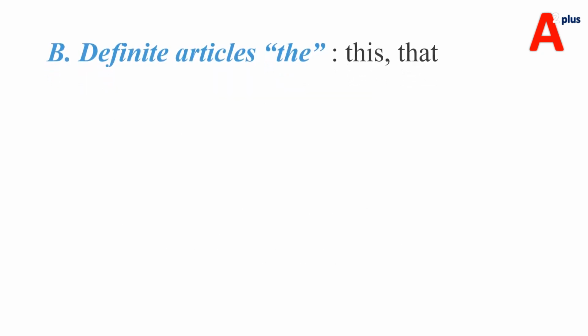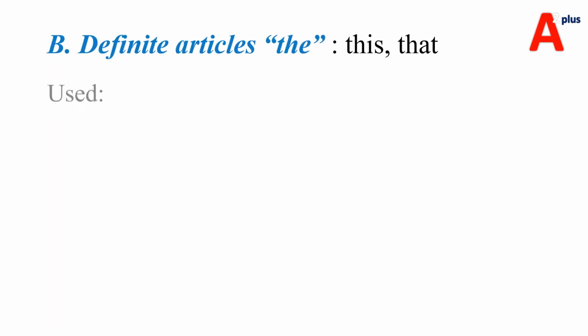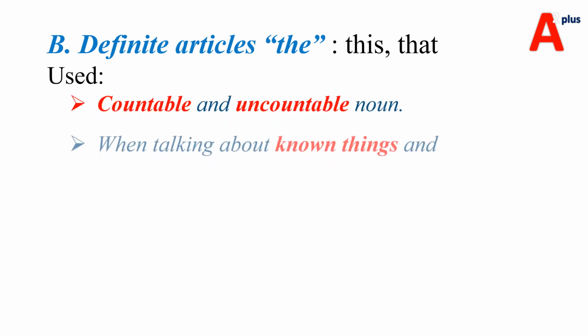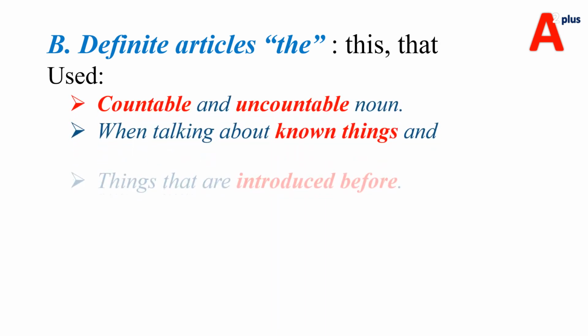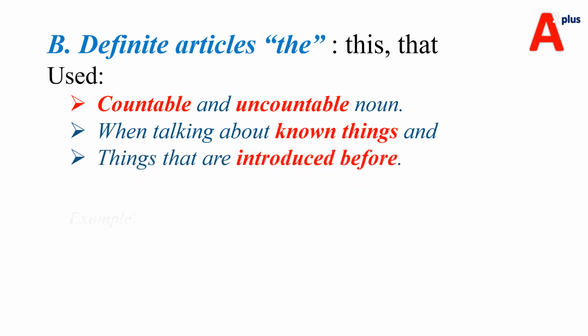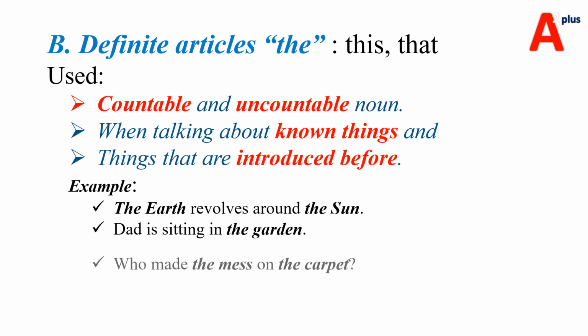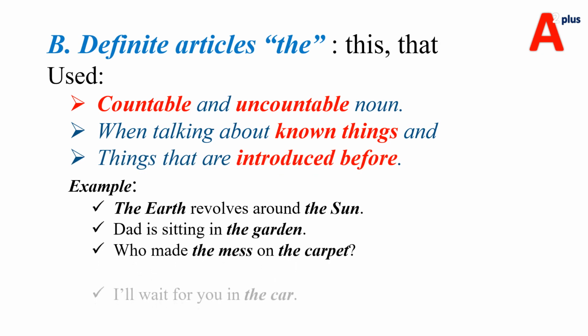So this is all about the second one. The second one is the definite article, the. The is used with countable and uncountable nouns, unlike the indefinite articles. It is used when talking about known things or things